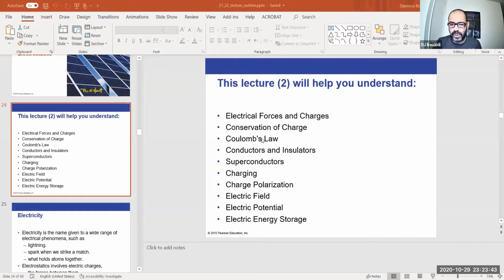Then we're going to talk about Coulomb's law. Coulomb's law is really the one that gives me how strong this force is. Then we're going to talk about 2 kinds of